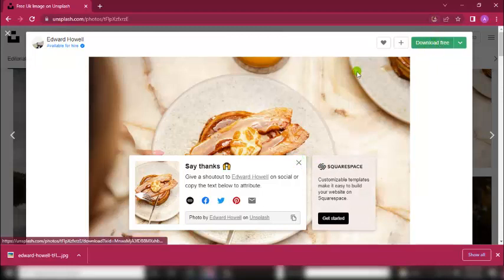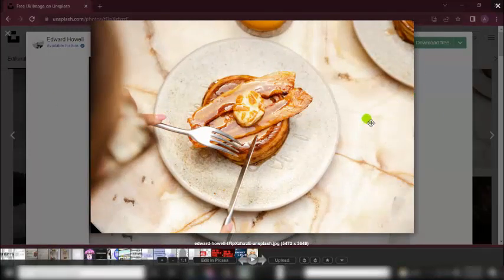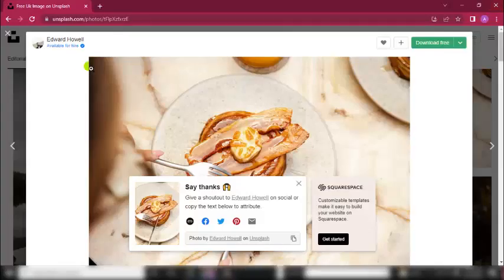So you can just download as I've downloaded it here, and then when I open my downloads, this is what I will see. Okay, you can use this image to design a very nice, amazing site, or even business cards or anything. So let's go to the next site, which is